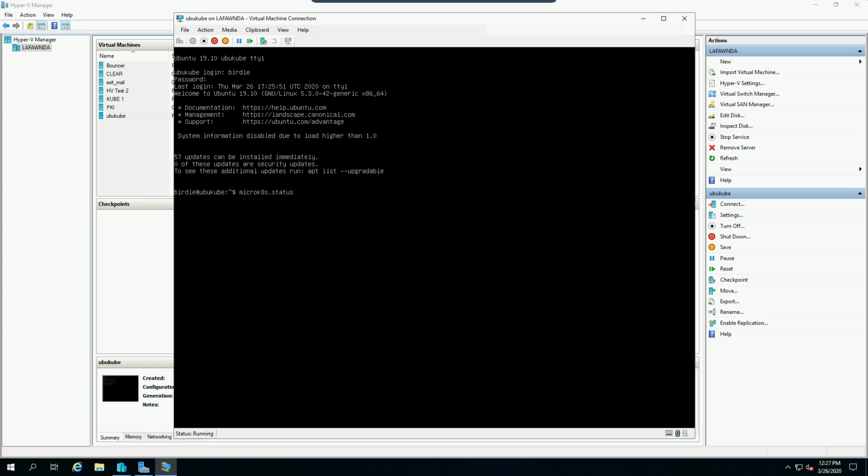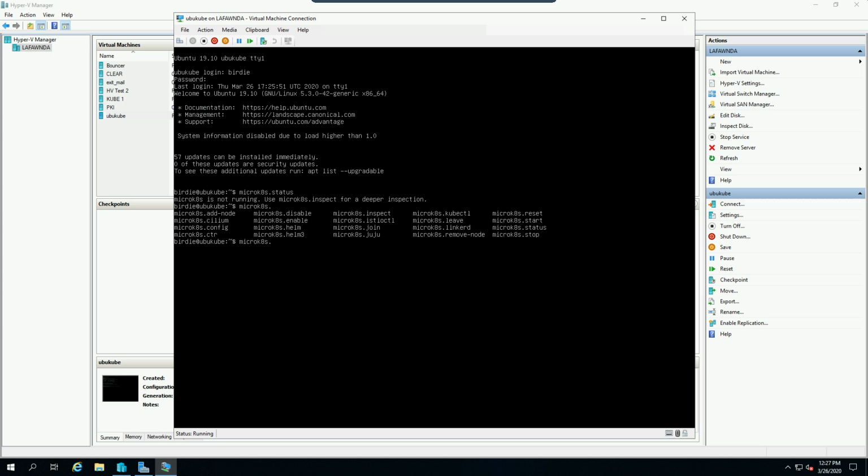And we can see that we have nothing installed or enabled. So we can go microk8s, and you can hit tab a few times, and it will show you all the commands that are there. The one we are interested in is going to be enable, which will start it up on system boot, and start. Type in the password that we made during the installation, and we have